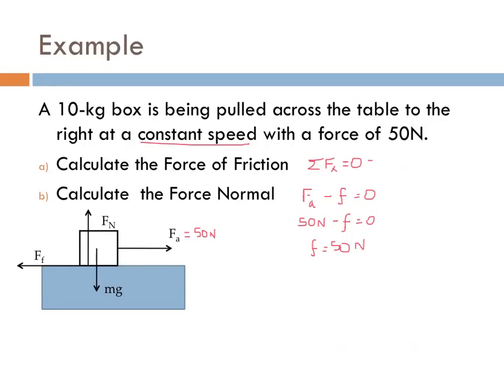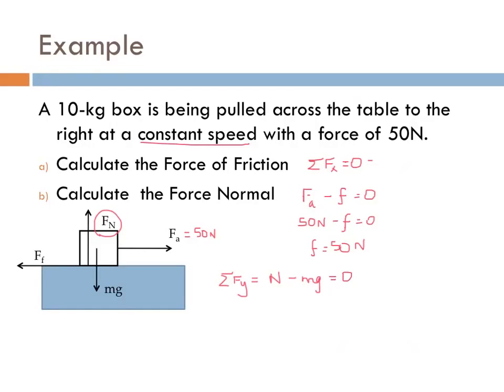Now here, I'm asked to calculate the normal force. So that's this piece right here. Now, one of the biggest problems that I see is that people automatically assume that the normal force is always equal to your force of gravity. And we're going to see situations where that is not true. In this case, the normal force is the only force in the y direction. So the sum of the forces in the y direction is our normal force pointing upwards, so it's positive. Gravity, or the force of gravity, is pointing down, so it's negative. And we want to set this equal to